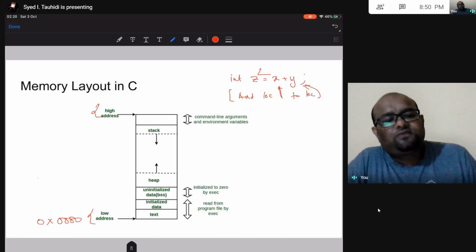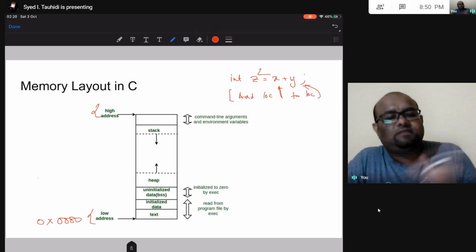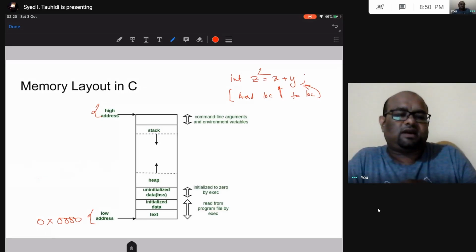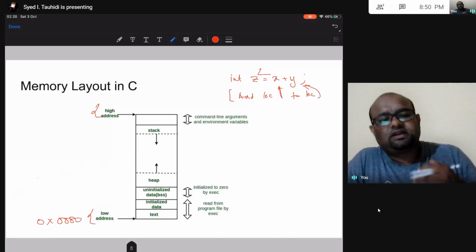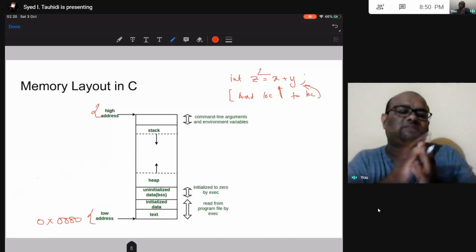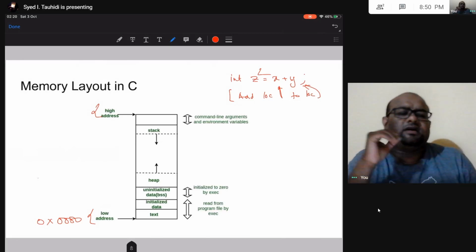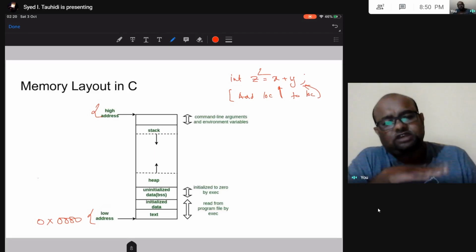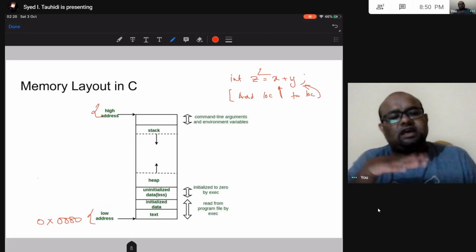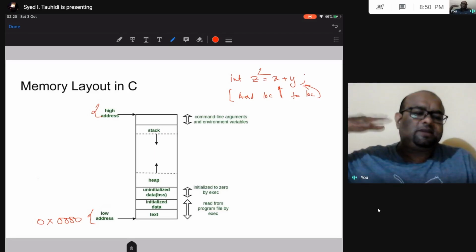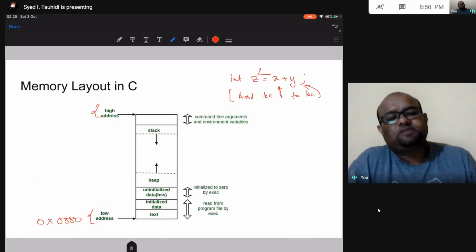Now if I am running 4 programs, all 4 of them are going to see that they start from address 0, but then in my RAM only one of these programs can be in address 0, right? So yeah, this is what virtual address is going to give. Virtual address enables my program to have an address space. Virtual address will allow each program to see that it starts from address 0 and then it goes up to a certain limit. That limit is given to us by the CPU.